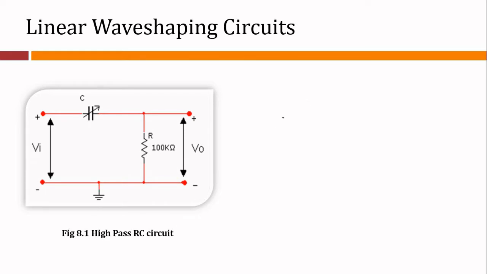Now let us try to analyze this in brief. The reactance of the capacitor is given as Xc equals 1 upon 2 pi f C. Or we can say Xc is inversely proportional to f. That is, the reactance Xc of the capacitor decreases with the increase in frequency. Thus at lower frequencies the capacitor C offers considerable reactance and blocks them, but at higher frequencies it offers little reactance and allows them to pass through it.